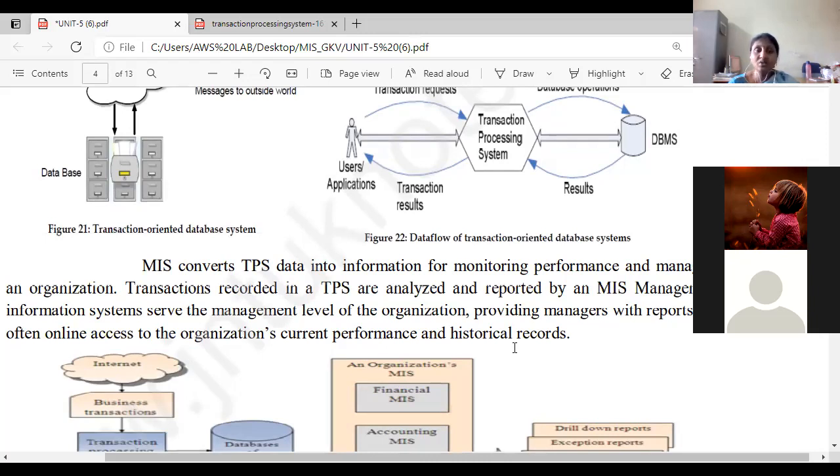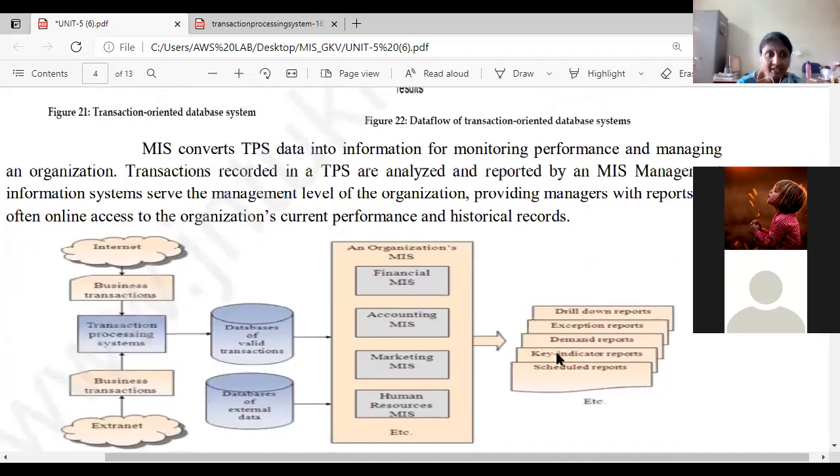And if you want to see the historical records, that means if you want to take a decision on product manufacturing, whether to increase or decrease it based on your sales report, you need to look at what happened in previous years. You require the historical records. For that, we are internally connected with the data warehouses. So we get the historical records, analyze them, and make future predictions.